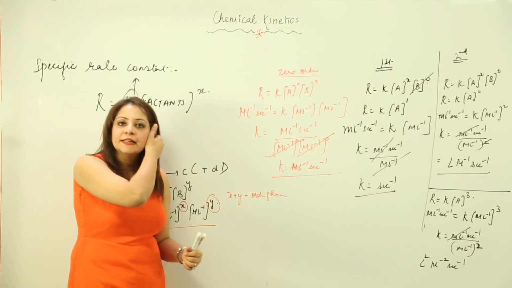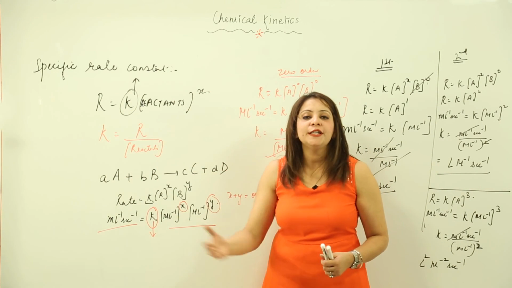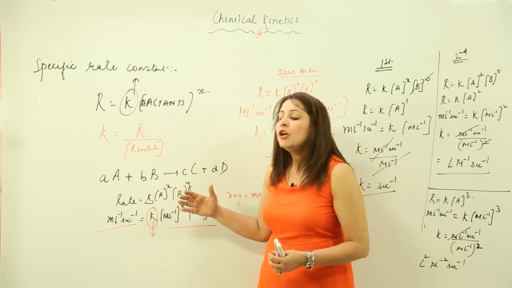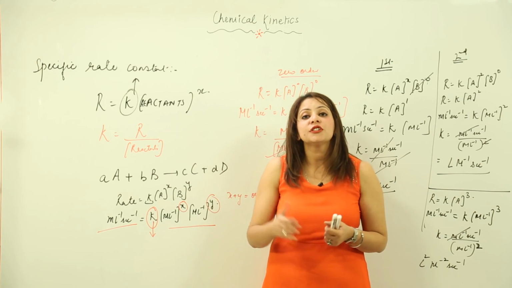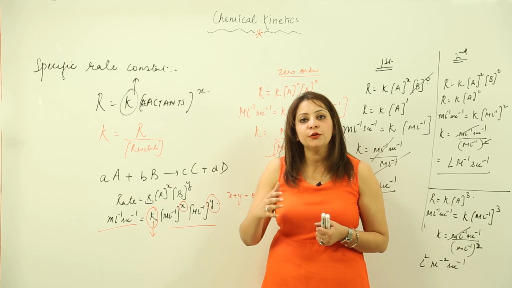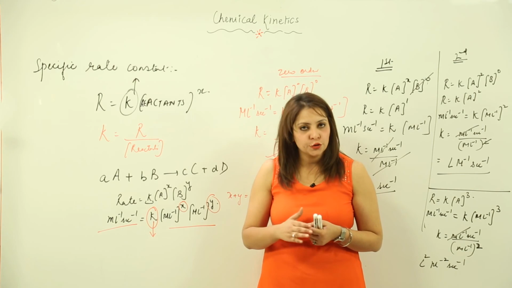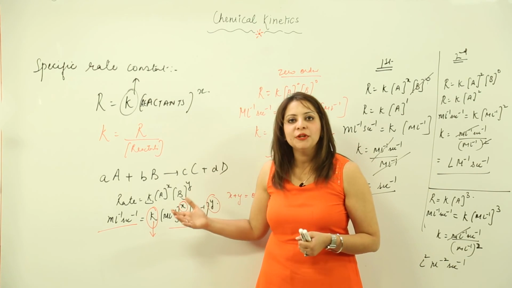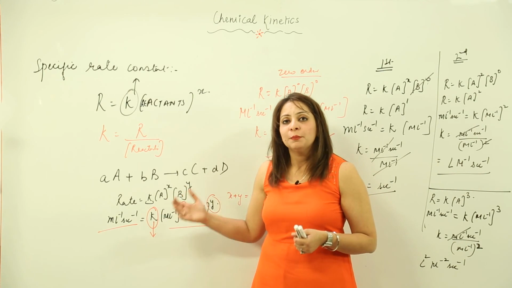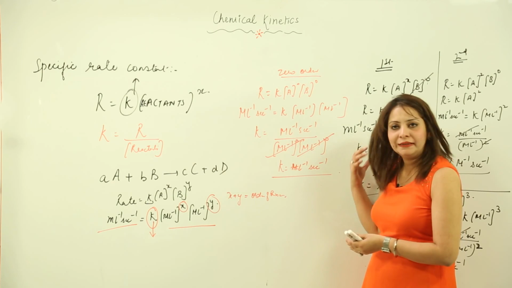So I think it's clear that the units for the rate constant vary with the order of the reaction. If you are going to solve any numericals for K, look at the units also, because you have to write the answer in proper units, and you know that the unit is not going to remain the same. It will change for different order reactions. I'll explain with more examples by taking numerical questions, but for the moment just be well versed with this concept of how we calculate the units.